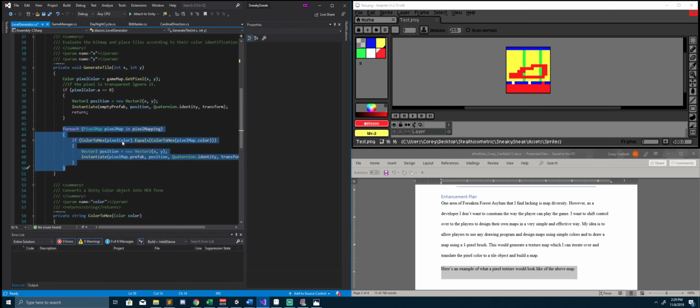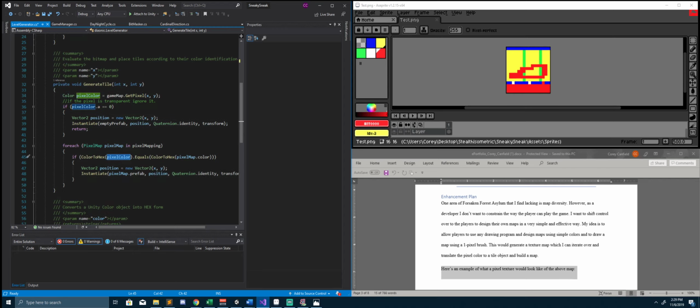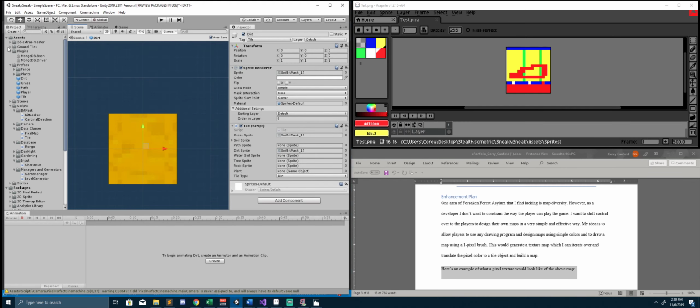And then we compare the pixel color that we acquired to the pixel color that is associated in our mapping. And if they match, then we're going to instantiate the game object associated with it. So that sounds really confusing, but it's really simple. So the idea is that we get the color here from the XY coordinate. And then this for each loop comes out to our,